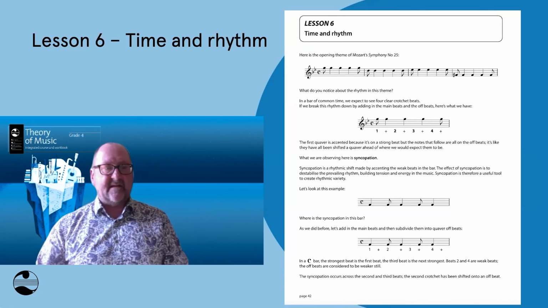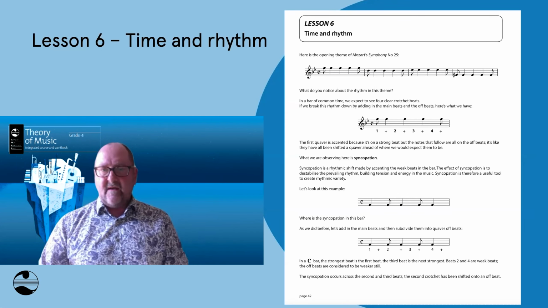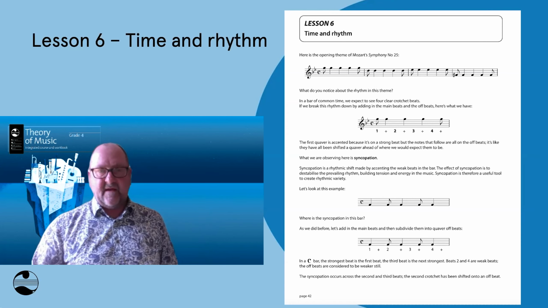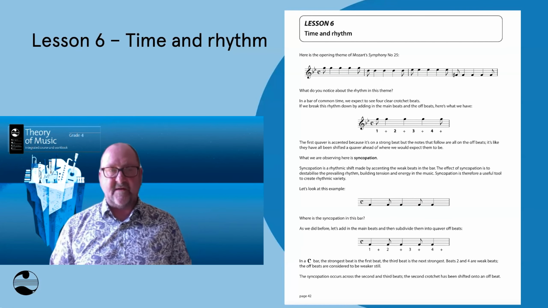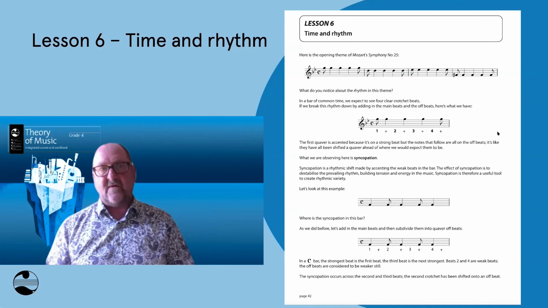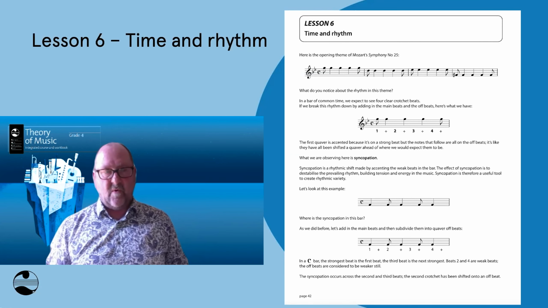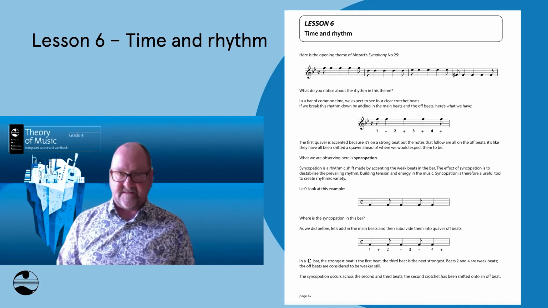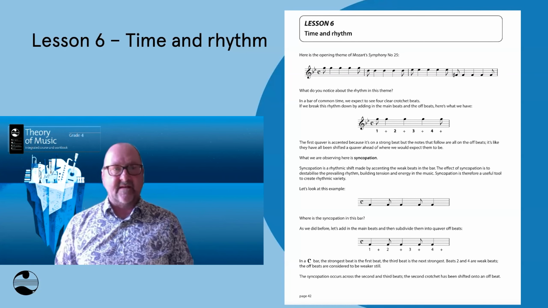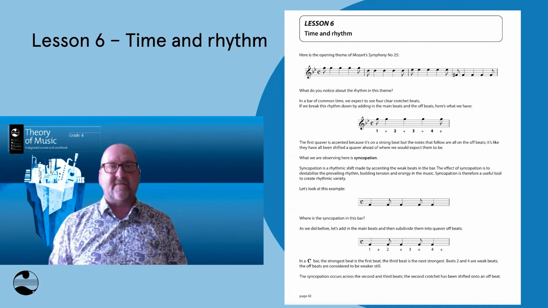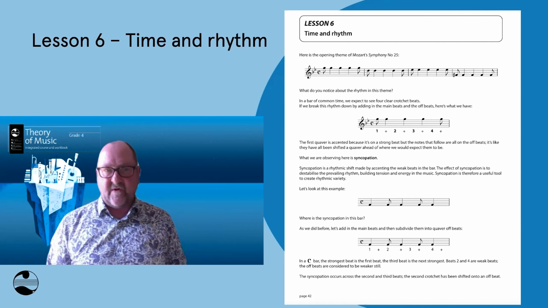All right, lesson 6. Let's move on. So lesson 6, we might need to just pick up the pace a little bit here. The major thing in this lesson, which is about time and rhythm, is the concept of syncopation. You'll see that I've started off with an example straight away that comes from a fairly well-known piece of classical music that starts off with this really bold syncopation across 4 bars and with these plunging intervals at the same time. It's the opening of Mozart's Symphony number 25.